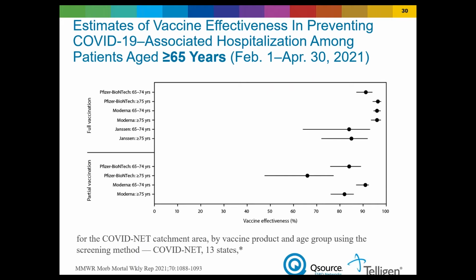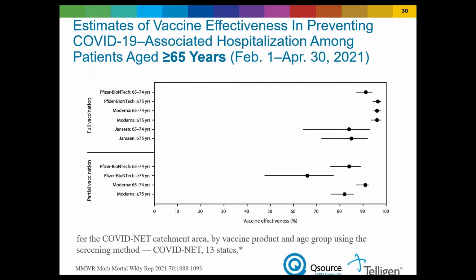So this is to demonstrate the effectiveness of mRNA compared to J&J vaccine in the top panel, and the full vaccination versus partial vaccination in the bottom panel for the individuals over the age of 65 years between February and April 2021. So the top panel represents the individuals who are fully vaccinated. The top two lines, Pfizer, followed by Moderna, and Janssen's J&J. As you can see, the Moderna vaccinations had better protection compared to J&J vaccination, as we previously saw.